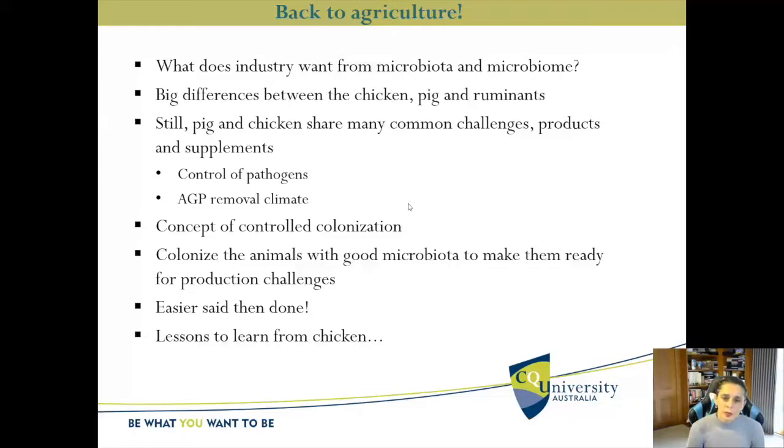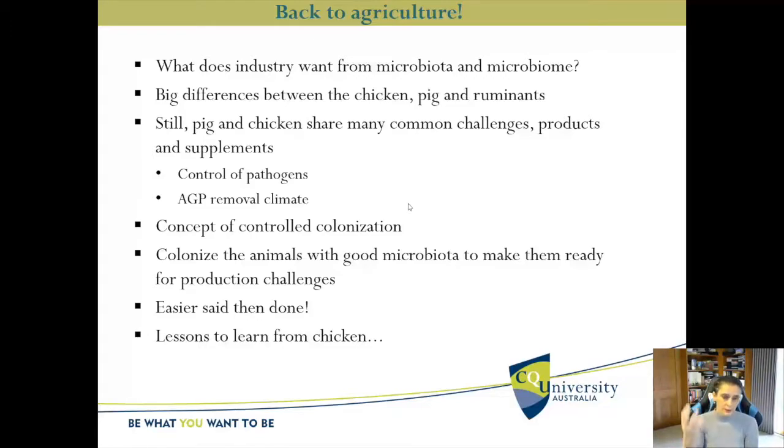So we are seeing big differences between chicken, pig, and ruminants, for example, when we look at livestock gut, especially ruminants. On the other hand, chickens and pigs kind of bin together as opposed to other livestock. They share many common challenges. If you look into genus level of pathogens, they share pretty much the same genera on major problems like Escherichia or Salmonella or whatnot. We have products and supplements that are very similar. Products like phytogenics, probiotics, a lot of these products, the same product is catered for pig and for chicken. And we can actually look at data that comes from chicken and pigs